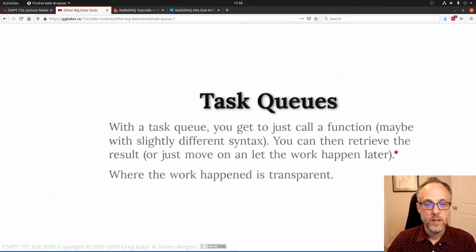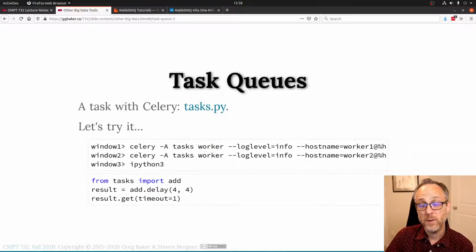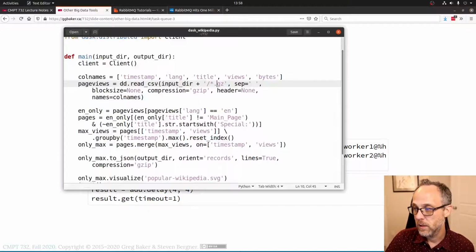But these are nicely high level, right? All I really want to do is call a function. I don't care maybe where the function runs. So this code,